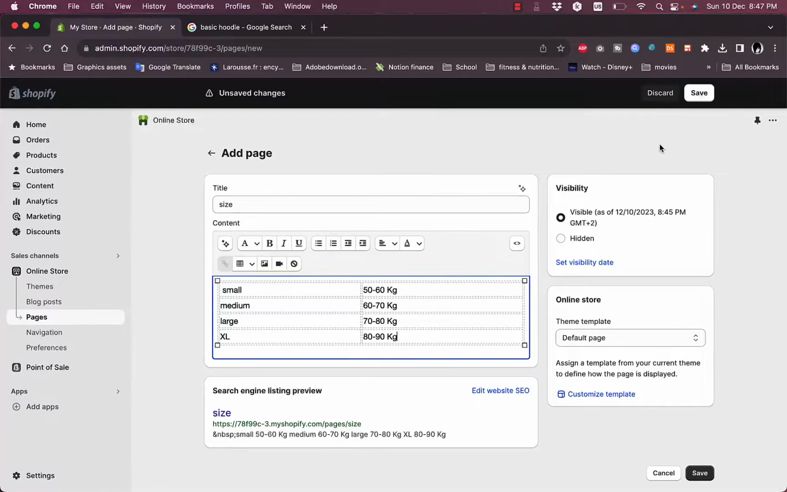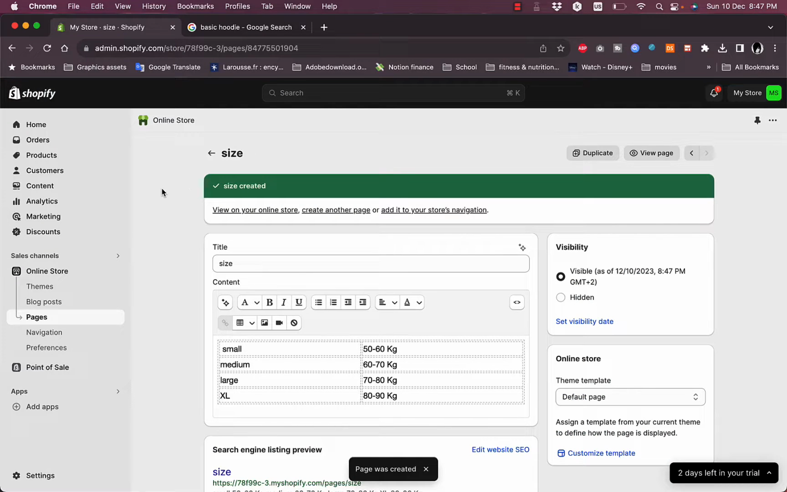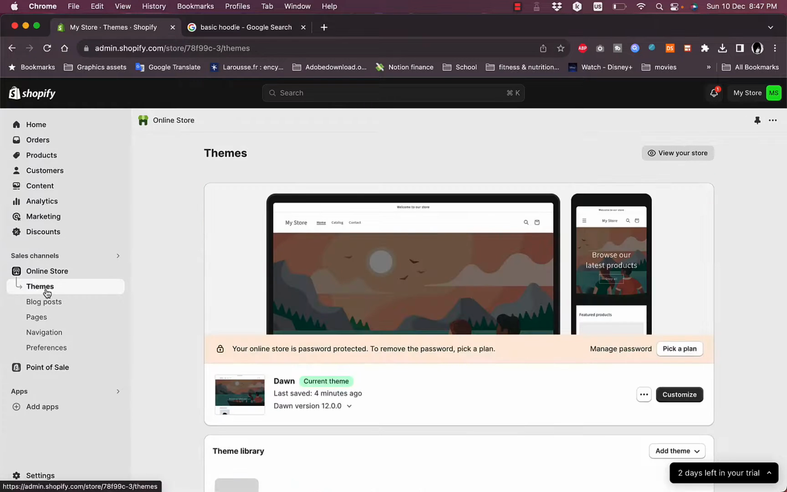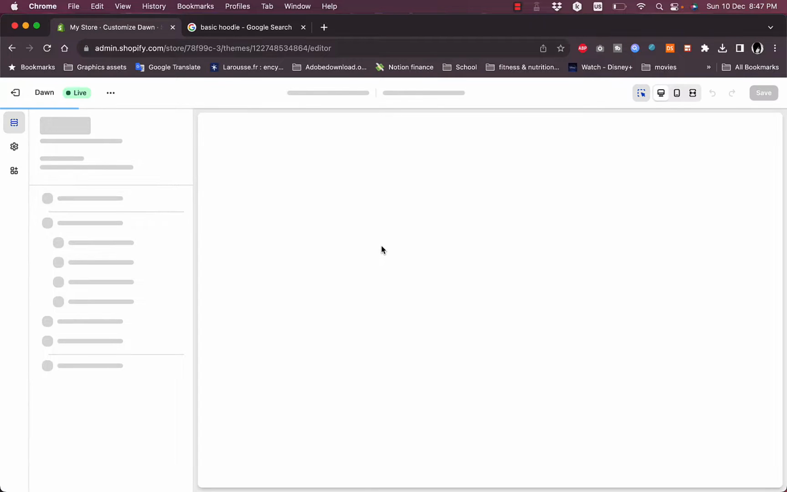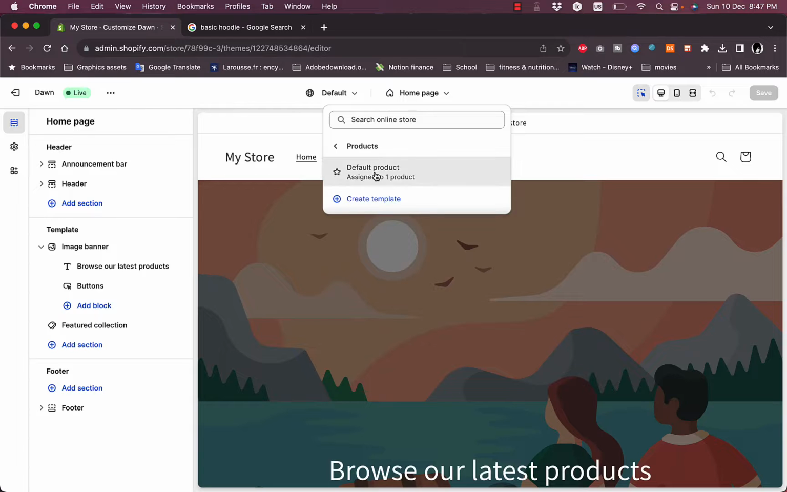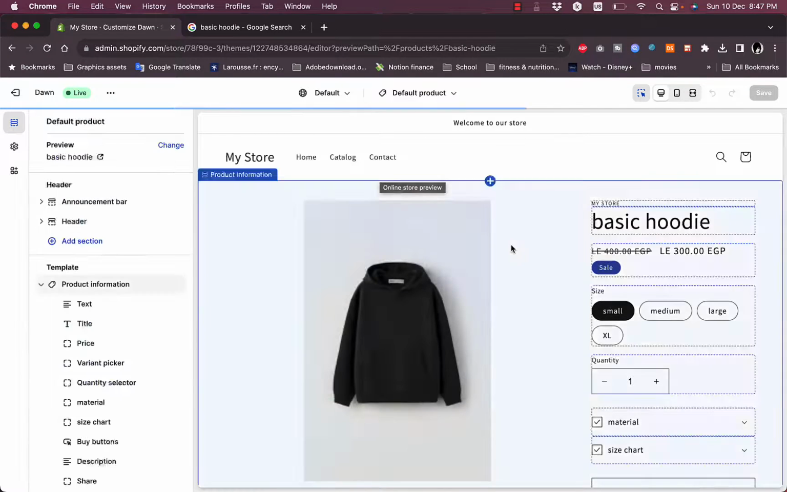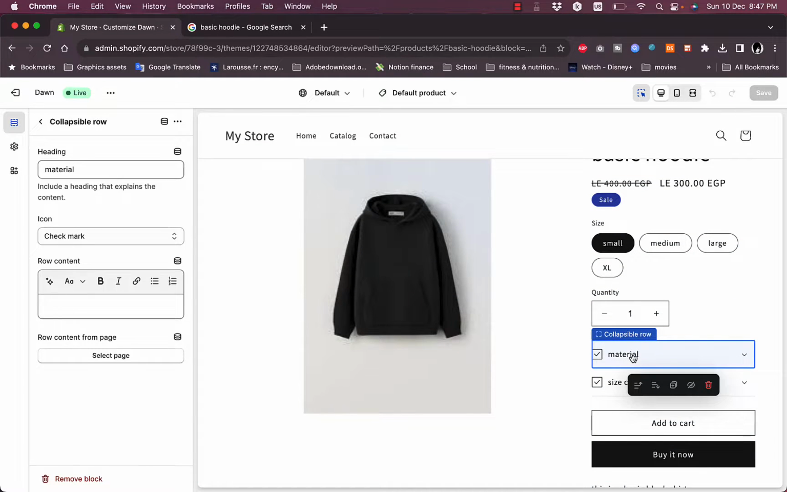Okay, and then we just want to click on save right here. Okay, and now everything is ready. Now let's go back to the product page in the theme, the customized theme setup right here, to link the collapsible rows to their respective meta fields. So let's go back to the products page here in the settings, default product, and then here let's select the material meta field right here, and then in the row content, click on connect dynamic source,